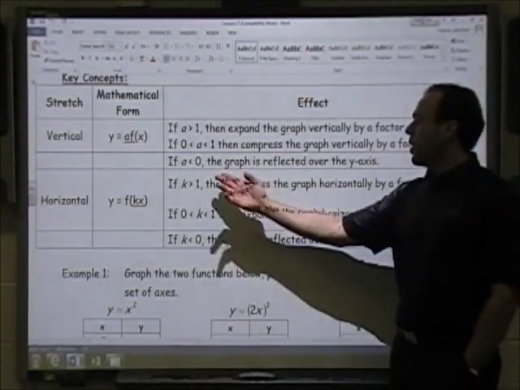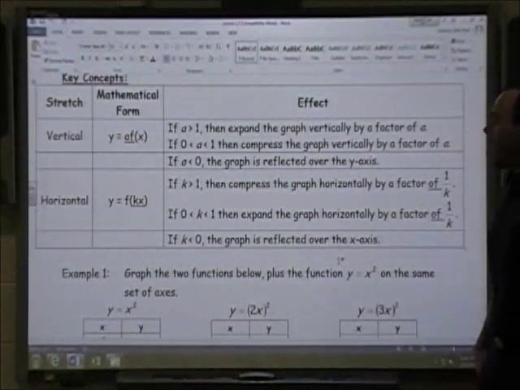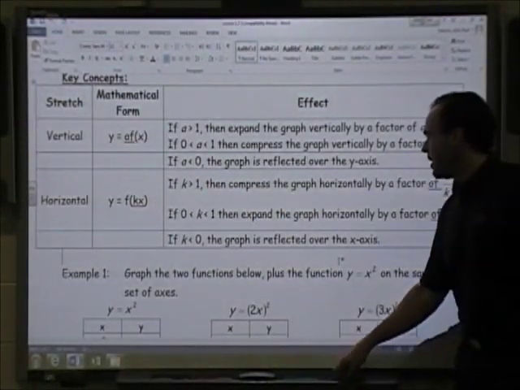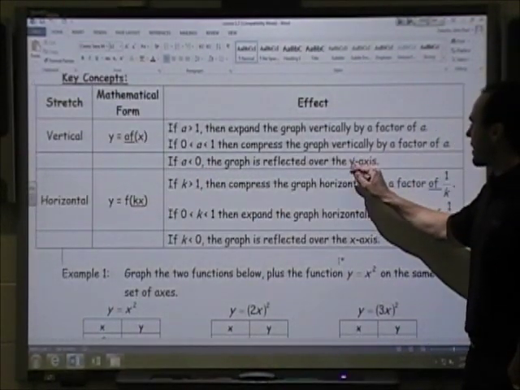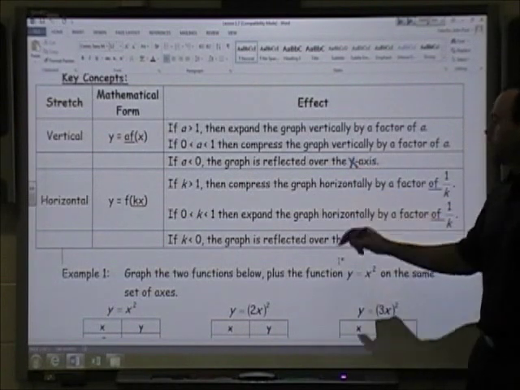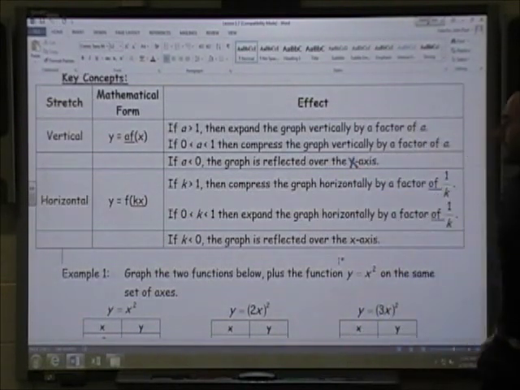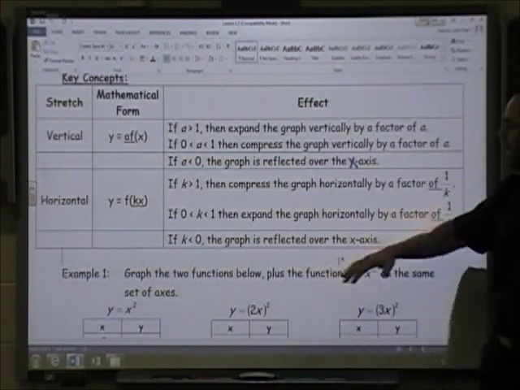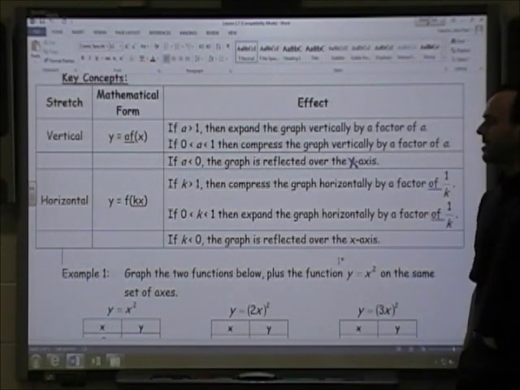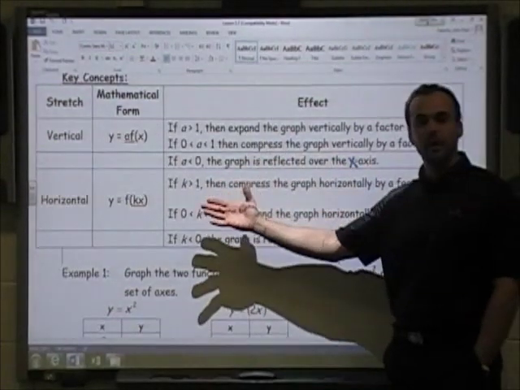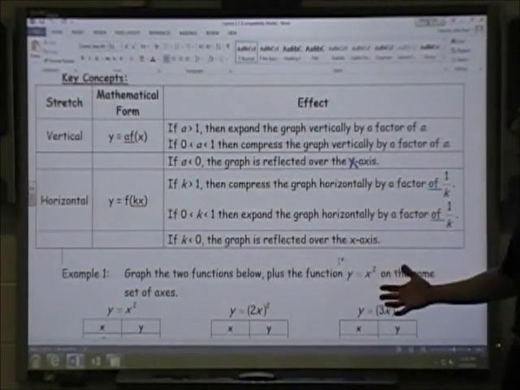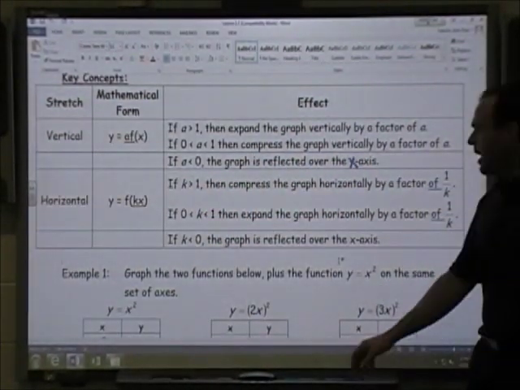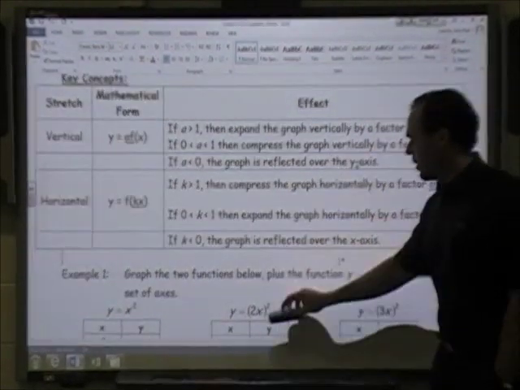And then we also know if a is negative, the graph is reflected on the, and this should say x-axis, so make that correction. It should be, the graph is reflected over the x-axis. So all of your y values become negative. It is a reflection in the x-axis, it's what turned the parabola upside down, or the absolute value upside down. And if we take a look over here,